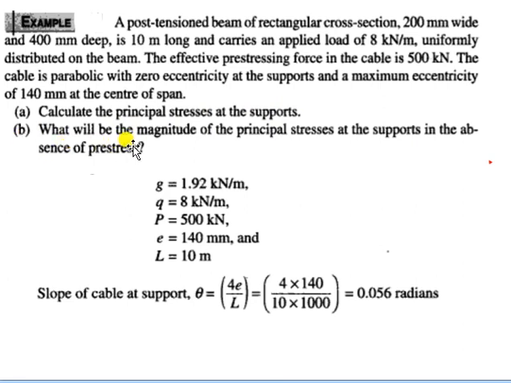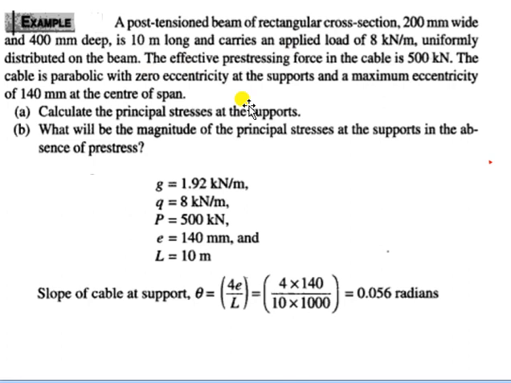Second, what will be the magnitude of principal stresses at the support in the absence of pre-stress? So the problem is the same as the first problem, but the difference is that in the first problem it was a straight cable and here it is a parabolic cable. The section is rectangular, 200 mm wide and 400 mm deep. The span is 10 meter, and the beam is carrying